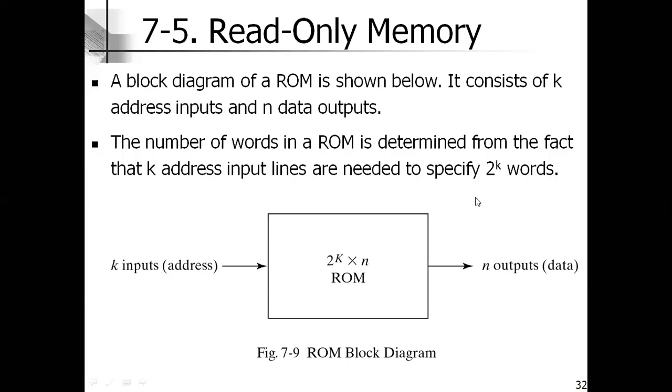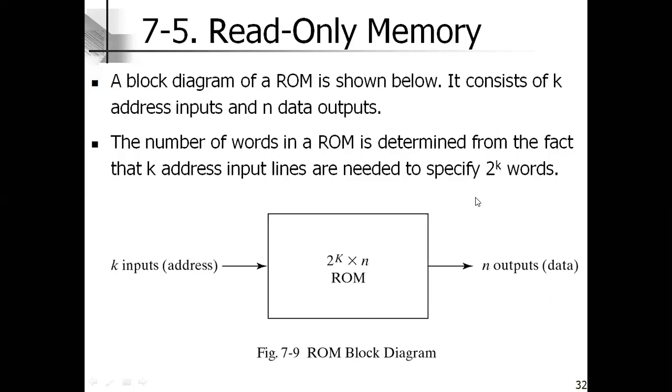Non-volatile. So ROM is essentially a memory device. Why? Because it stores the data, that is binary information, permanently, that is non-volatile. When the power is off, the data is not lost. So that's why we use a read-only memory. Read-only memory is essentially a memory device in which it stores the data permanently.